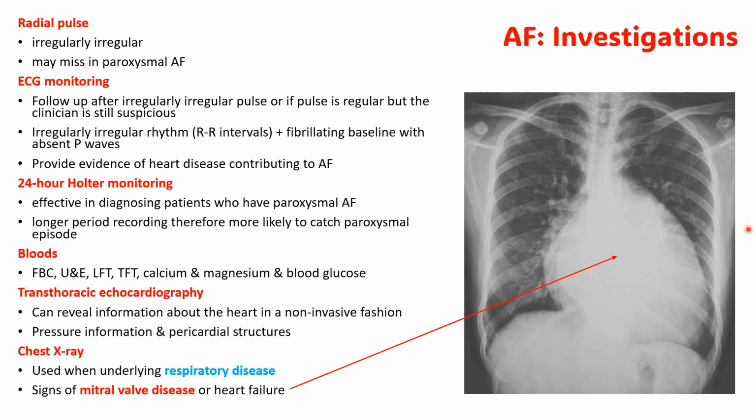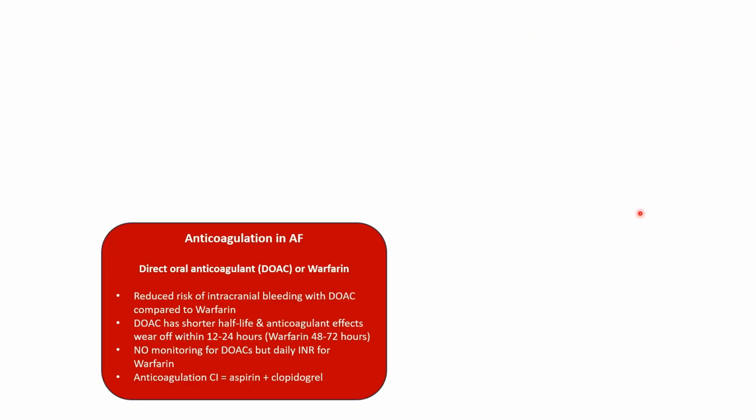They can also use transesophageal echocardiography to guide cardioversion, which is one of the methods to terminate the abnormal heart rhythm. Also, they might do an MRI or a CT head if there's suspicion of a TIA or a stroke. You can see here, like I mentioned, we have this left atrial enlargement. Okay,